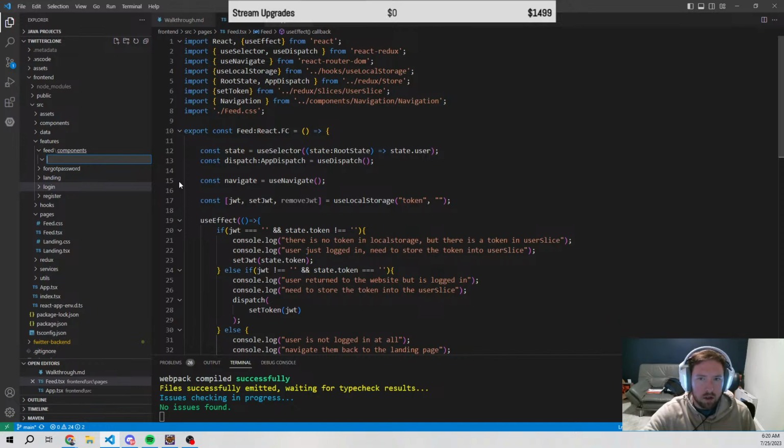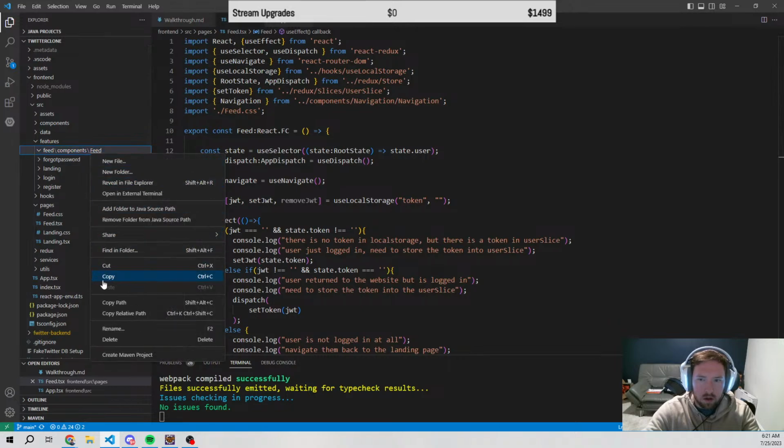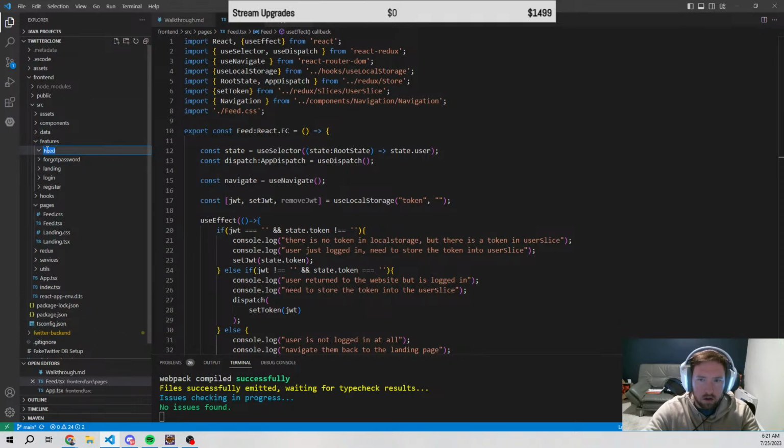I think I'm just going to call this feed. I've been naming these lowercase, so I'll rename this to feed lowercase, and then a new file,